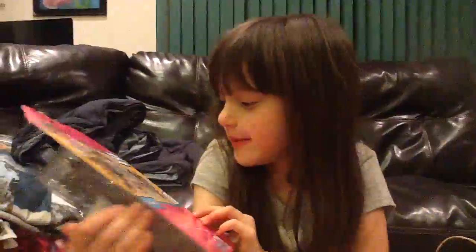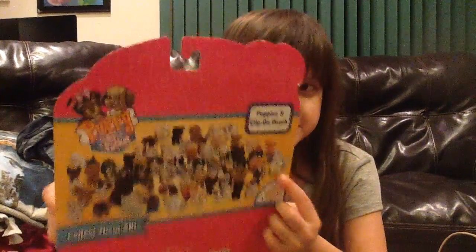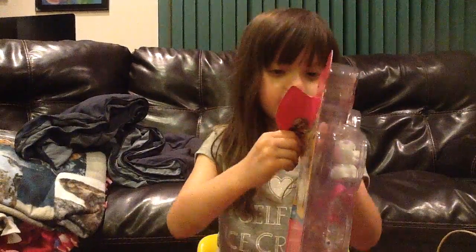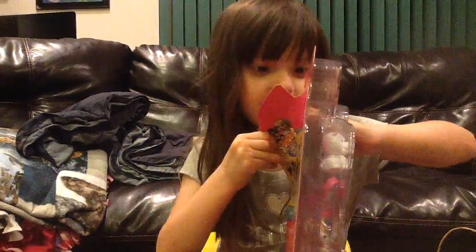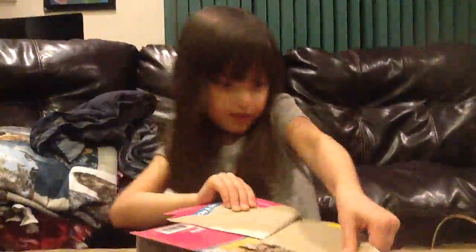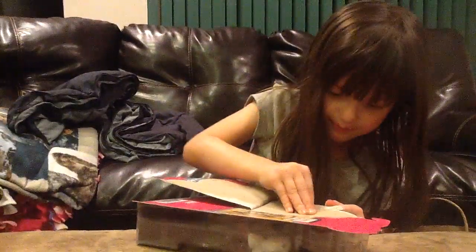I like this one. It has a butterfly on its paw. So here's the back. It shows all the puppies I used to collect, and I have this one, but I lost it. It's kind of sad, because I put it in my backpack and then poof, it's gone because I got hit by a person's backpack. But anyway, what is just fudge